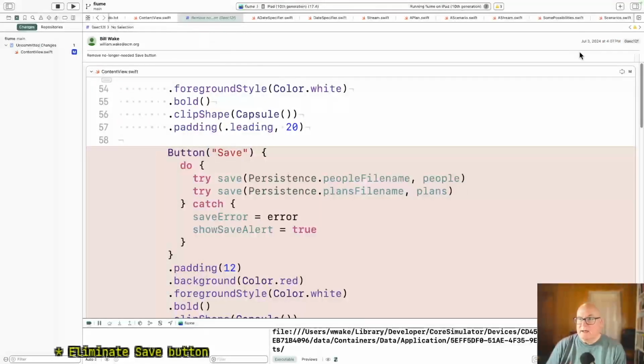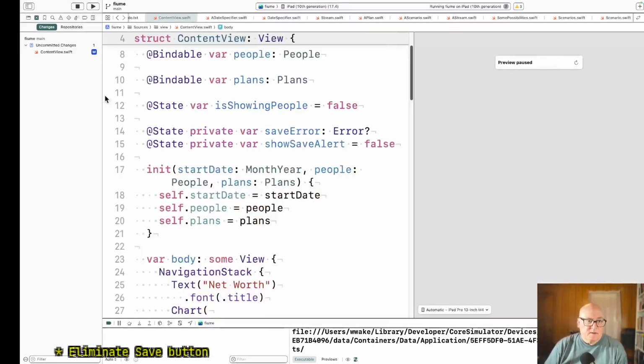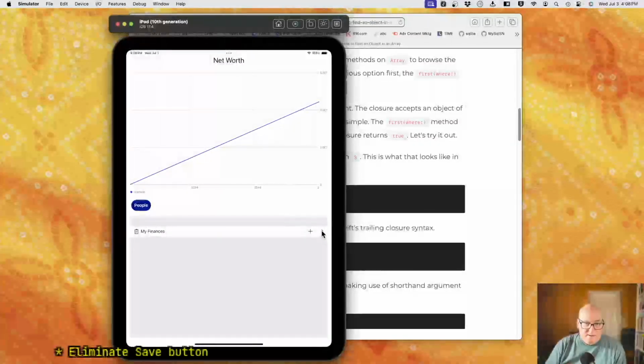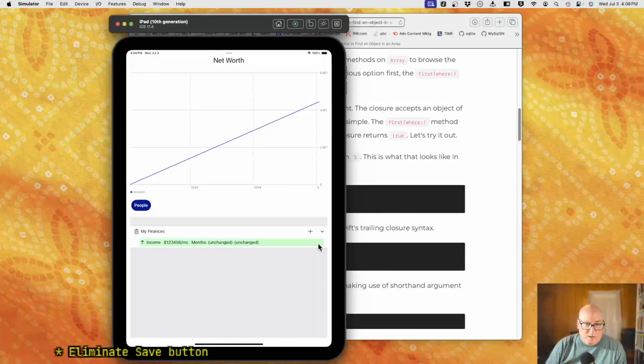Okay, so back to delete. All right. So my options, okay, one is lists. If you turn this on, you'll have a slide capability to delete. That's kind of the standard delete.